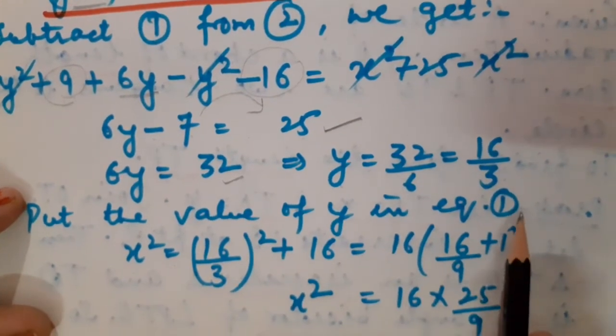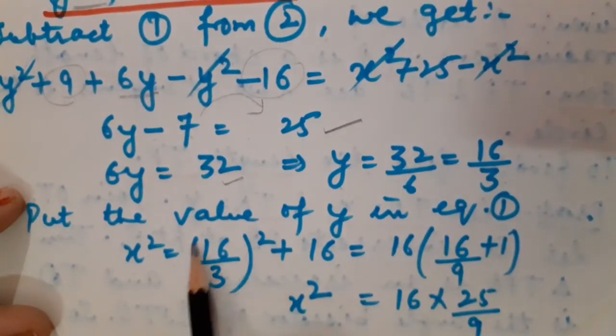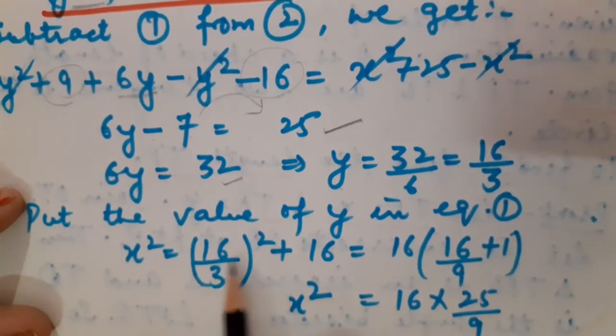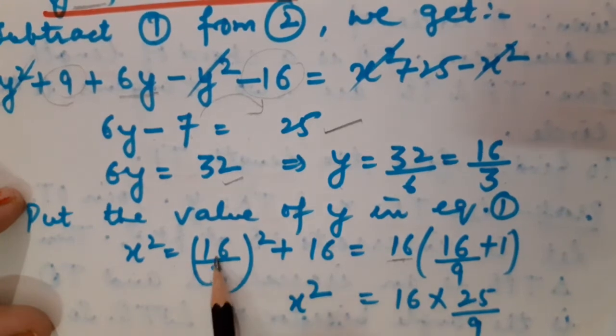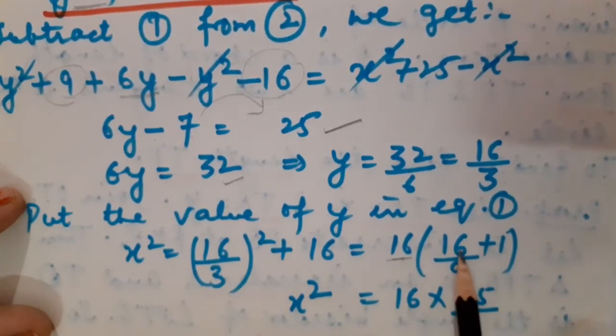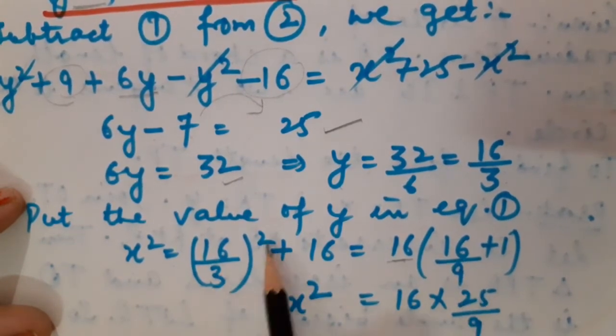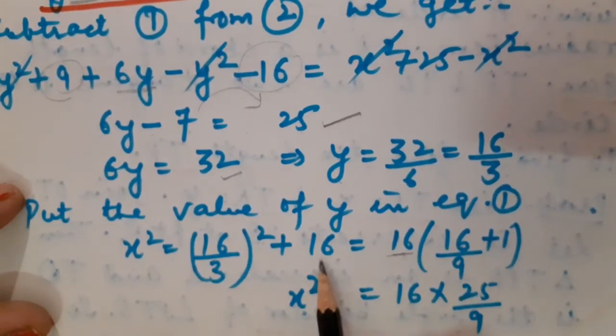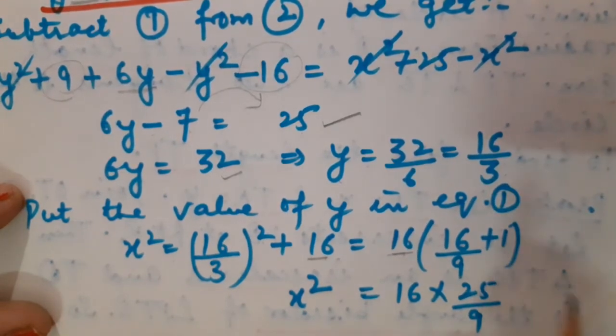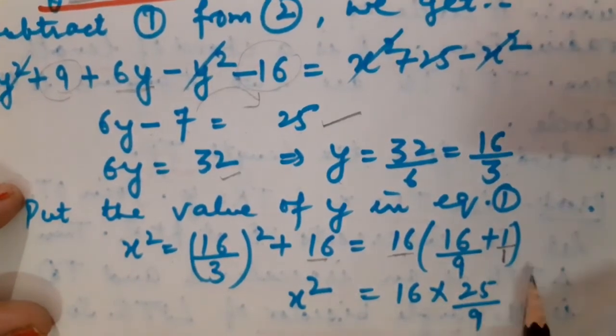Now children, have a look. Instead of opening it, I am going to take 16 as common. So this was 16 squared, meaning 1 times 16 is left, but 3² is left as it is, so I have written 3² as 9. Plus 16 has been taken as common, so here 1 will come. Understood? Now let us solve this bracket first.